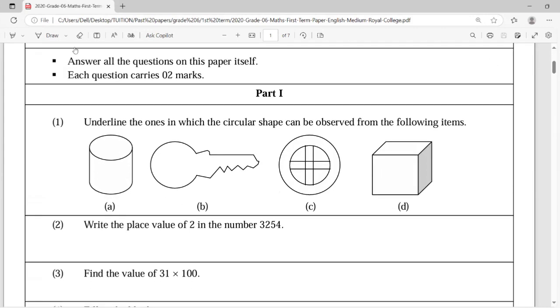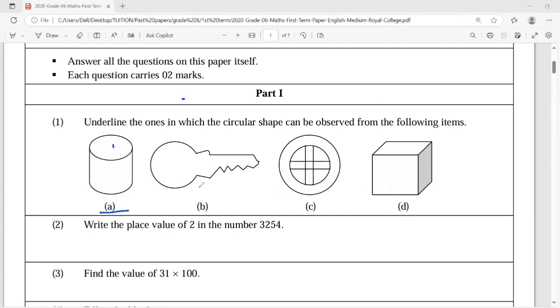And here you have to answer all the questions. Let's see, we'll start from the beginning. Here, answer all the questions on this paper itself. Each question carries 2 marks. So here, underline the ones in which the circular shape can be observed from the following items. In the cylinder, you can observe circular shapes, and this